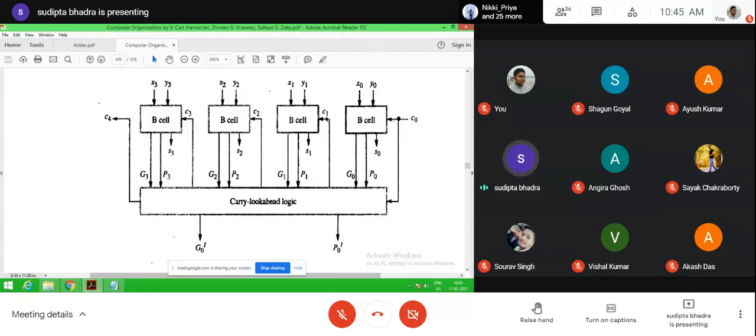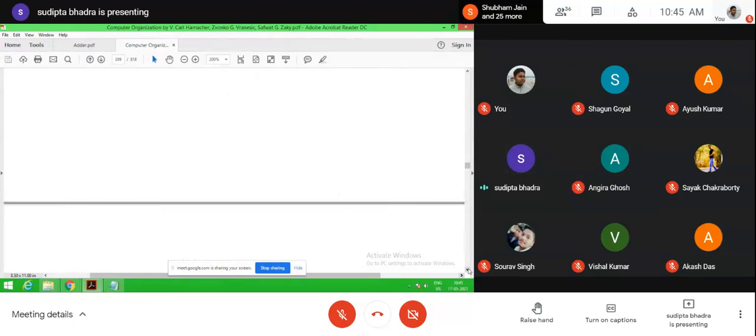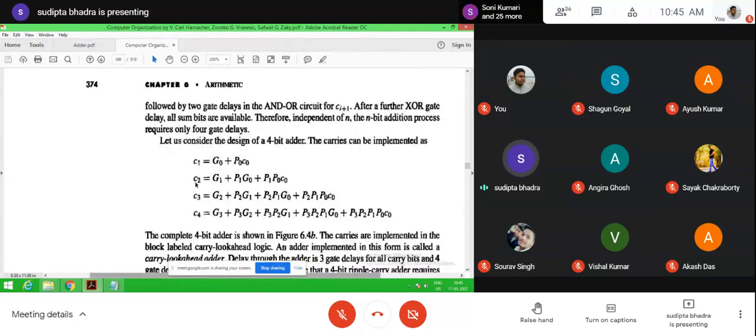So the equation we have seen shows us that if we have the inputs and we have the C0, we can generate the carry values simultaneously using the generate and propagate functions.